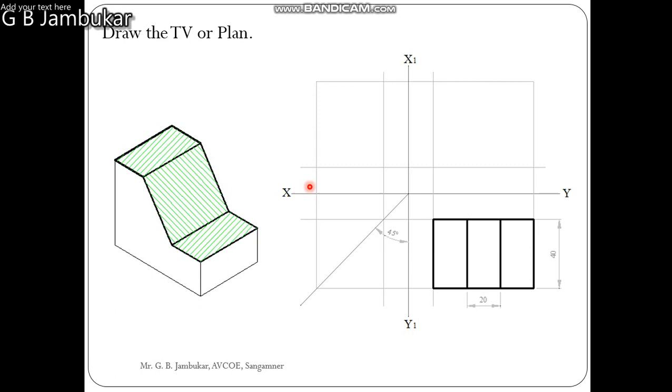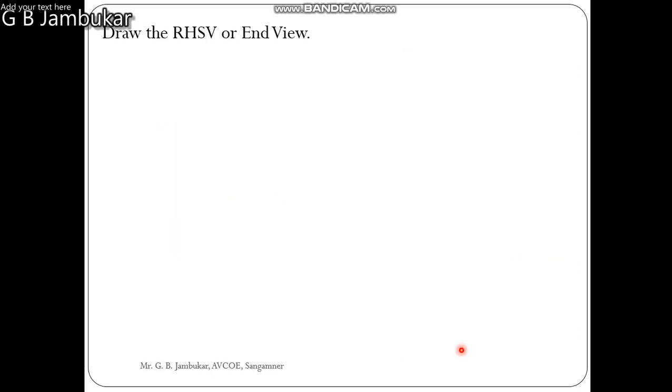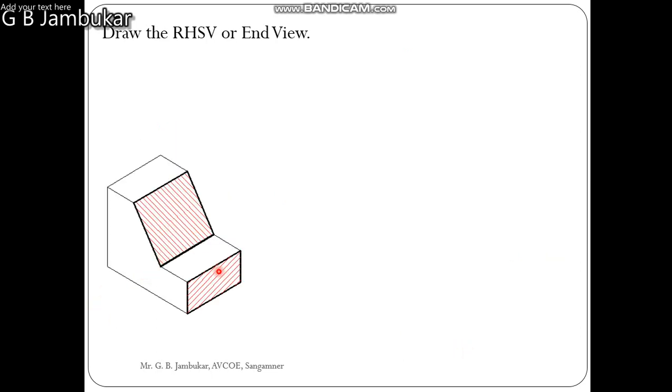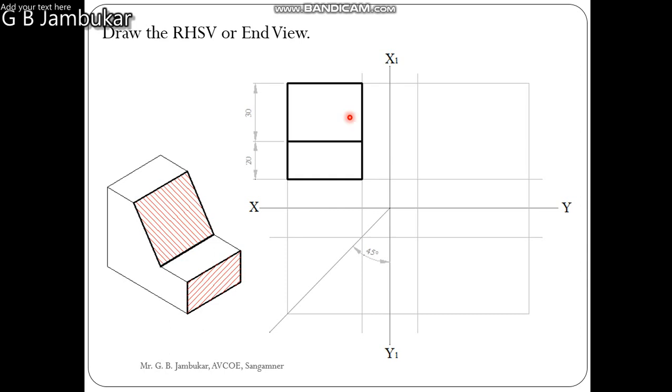Now next is to draw the top view. Over here we have to take help from the front view to draw the top view, and the top view will always be below the front view. So these three rectangles are visible, which is shown in the top view over here. Then the right hand side view will be drawn over here. These are the two shaded planes which are visible in the side view. So the right hand side view will be here according to the given dimensions. We have to draw the right hand side view over here.